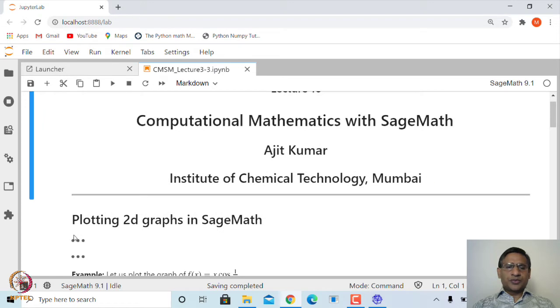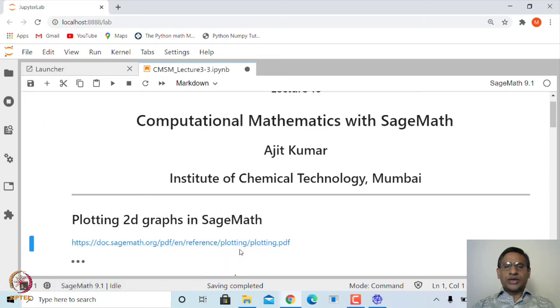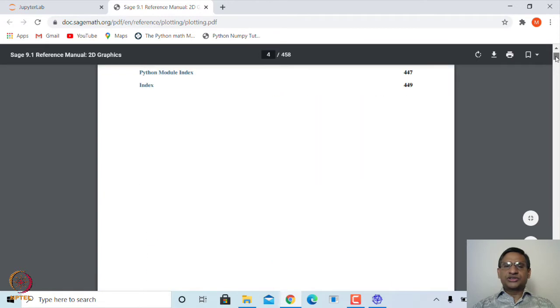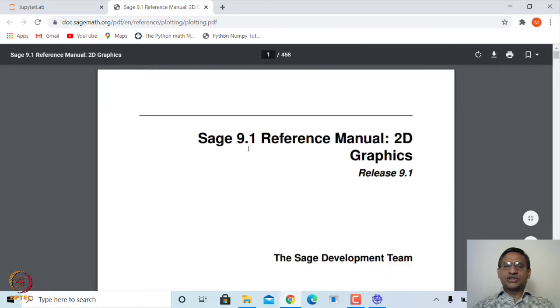First of all, you can look at this reference manual from the CS website. It is a reference manual on plotting. If I click on this, it will open the reference manual, which says 9.1 reference manual for 2D graphics.